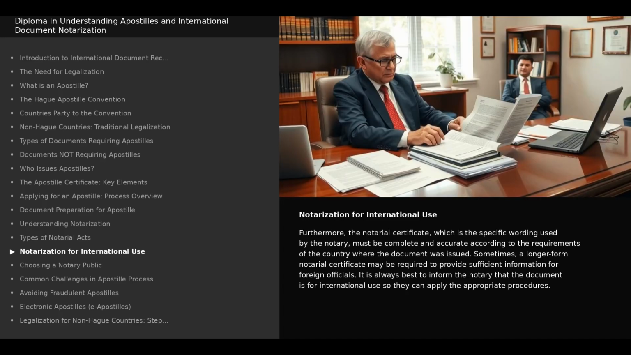Furthermore, the notarial certificate, which is the specific wording used by the notary, must be complete and accurate according to the requirements of the country where the document was issued. Sometimes, a longer form notarial certificate may be required to provide sufficient information for foreign officials. It is always best to inform the notary that the document is for international use so they can apply the